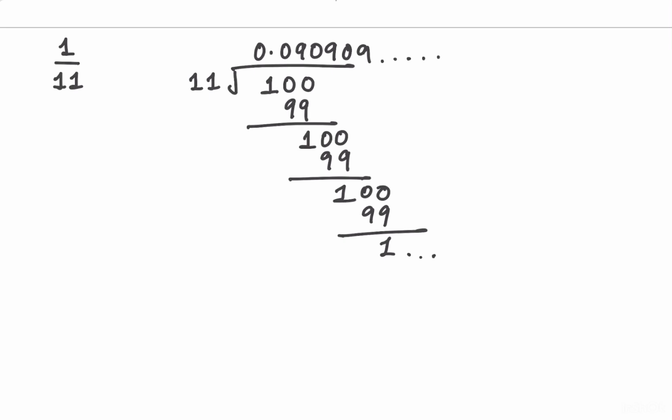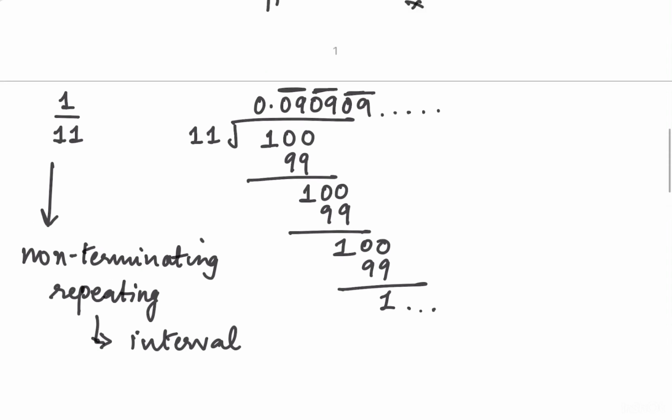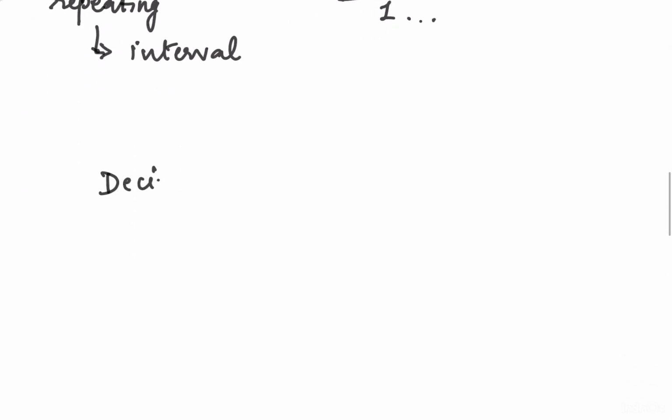And what we can say about the decimal expansion of 1 upon 11 is that it is non-terminating. That means it is not finite, it is infinite, but it is repeating. So the digits are repeating themselves after an interval of 2. So we have 0.090909. And this is the second type of decimal expansion that rational numbers have. So there are two, right? Rational numbers, when they are converted into decimals, have two types of expansion. One is terminating